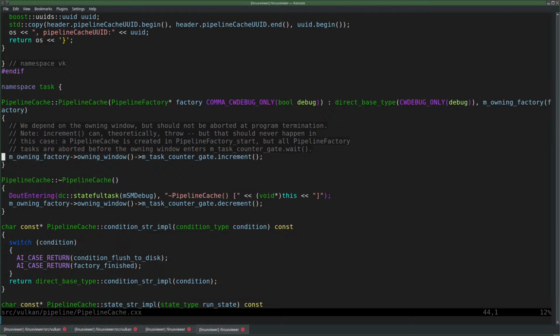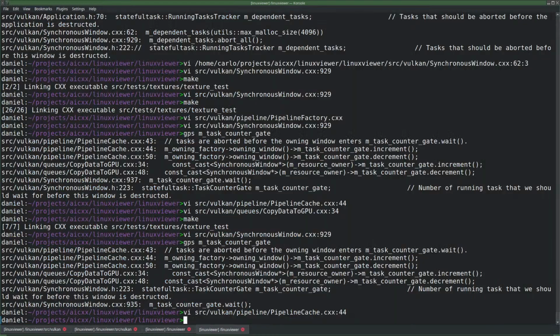Well, that would be one way. It kind of would be one way, but